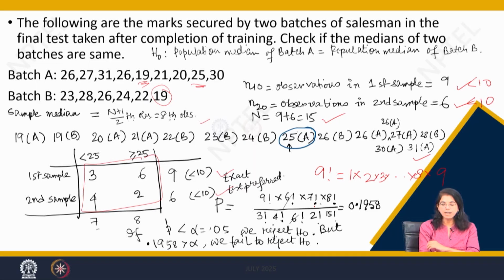What will be left over? 6, 5, 6 and 7. So the computational labor is not that strong. Okay. So the probability comes out as 0.1958. And if you fix your alpha equal to 0.05, even though I am writing here alpha as 0.05,